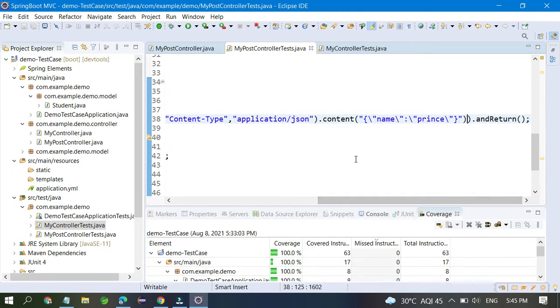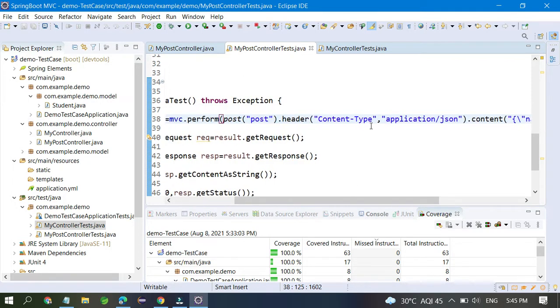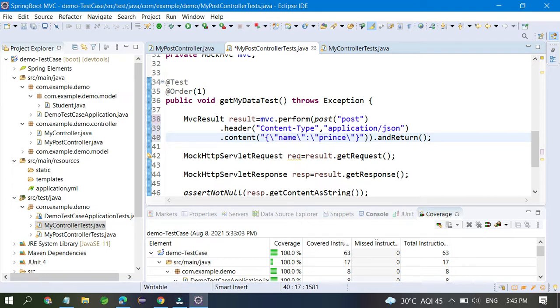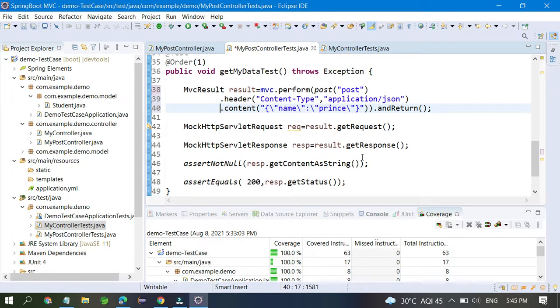So here you can add a header, like content type, and one more thing, you want to create a mock HTTP servlet request, and the mock HTTP servlet response is response. Assert not null is fine. Assert equals is like that.